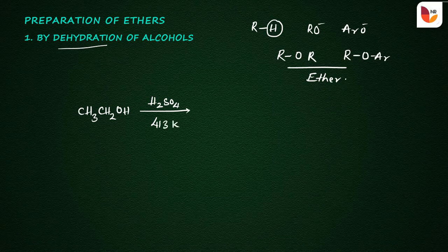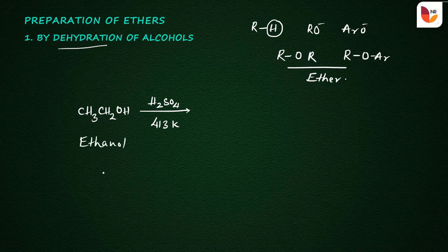Temperature is very important, because in the presence of sulfuric acid at a different temperature, around 443 Kelvin, it gives a different product. So at 413 Kelvin, this ethanol